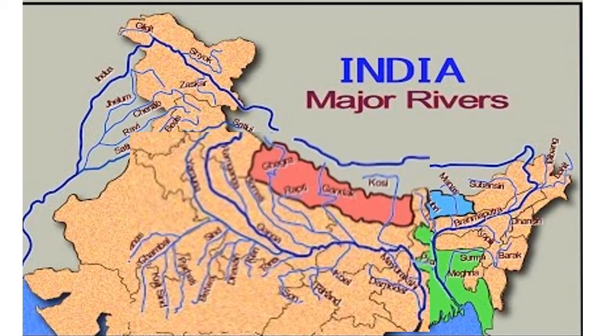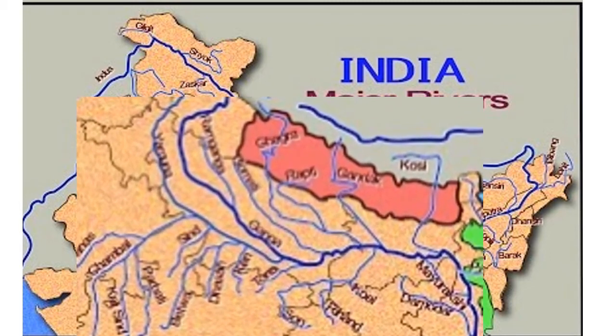Now students, the Ganga plain extends from the Ghagra, which lies in the western side and is not visible in the map, to the east, where it is limited within the northern part of Bengal by the river Tista. So we can say that the Ganga plain extends between the Ghagra and Tista rivers. It spreads over the states of North India: Haryana, Delhi, UP, Bihar, part of Jharkhand and West Bengal.